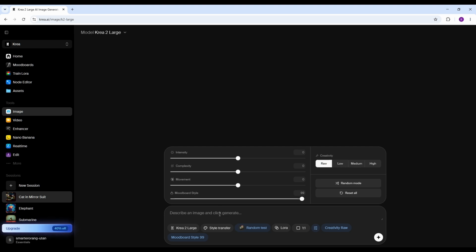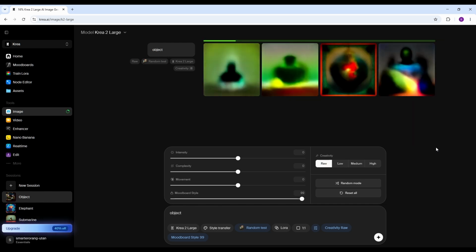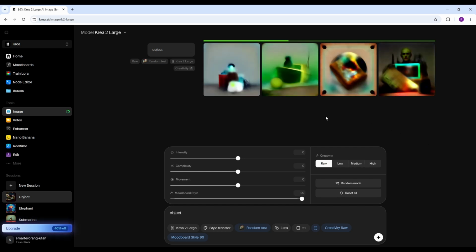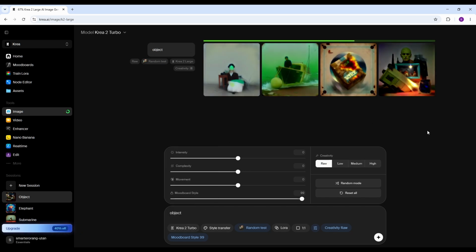And I'm going to say object. And we're using a heavy weight on that mood board. We're in the large model, so we're going to use Turbo, so it's a little bit quicker. Not that that's particularly slow, but